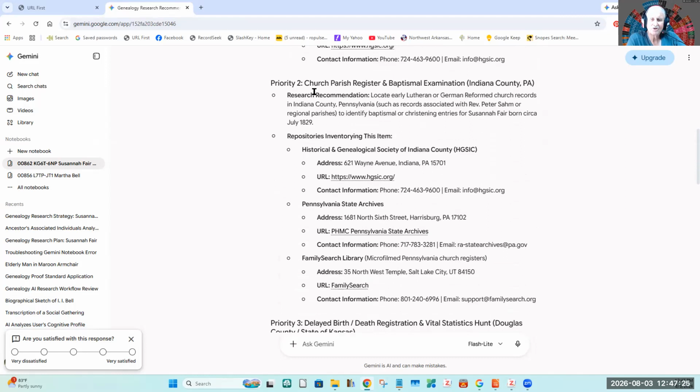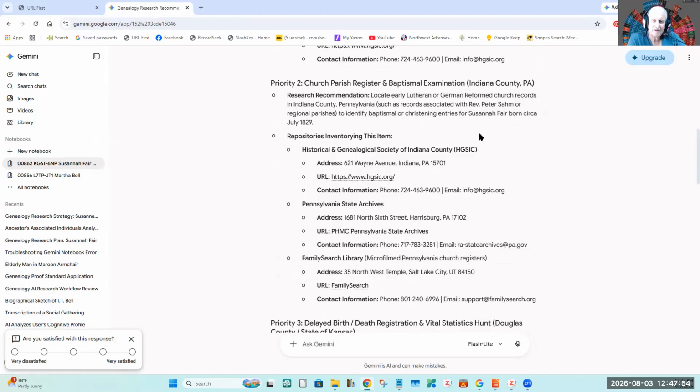And then church and parish registers and baptismal examination for Indiana County. Okay, locate Lutheran or German Reformed Church records in Indiana associated with Peter Sham. Peter Sham is one of the network people that shows up when you were trying to do a fan research. And that is to identify baptismal or christening entries for Susanna Fair.